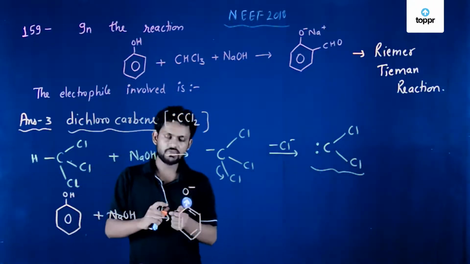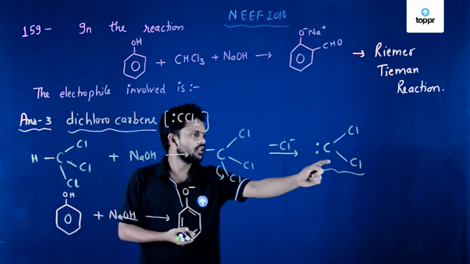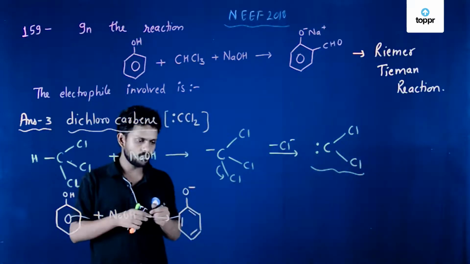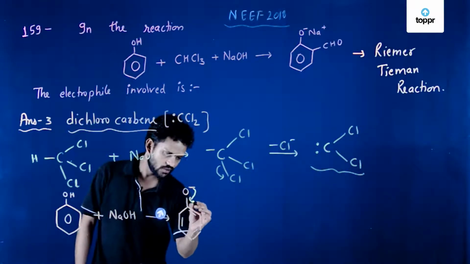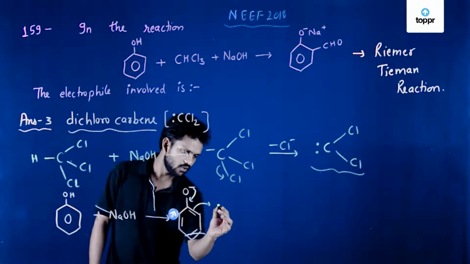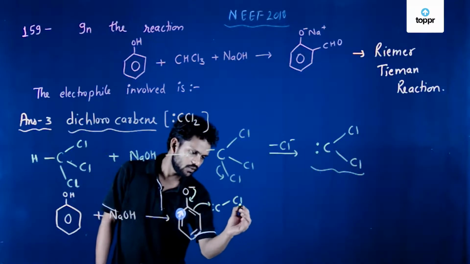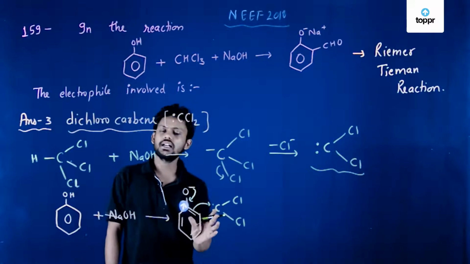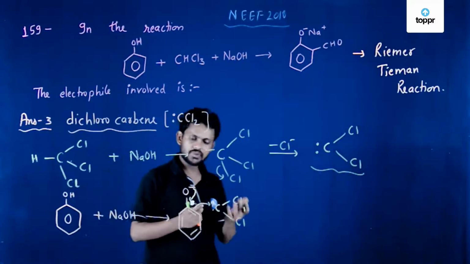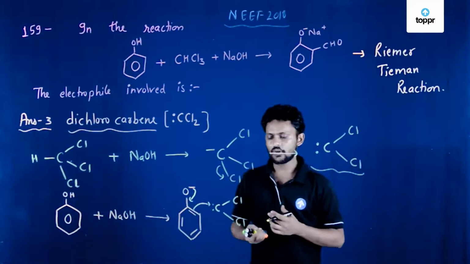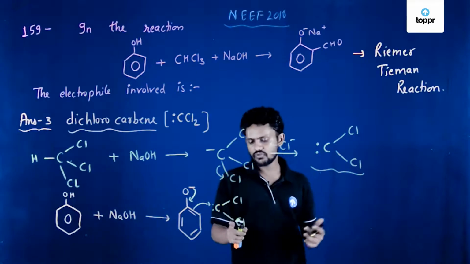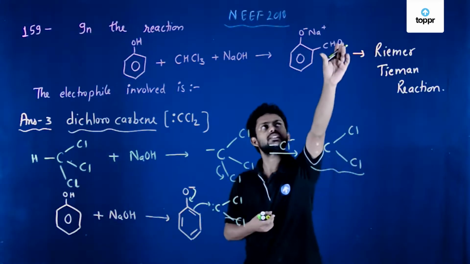Okay, and now what will happen, so now this intermediate will come, dichlorocarbene will come. Okay, so this bond will go here and this is going to attack on our intermediate dichlorocarbene. So hence it acts as an electrophile in this reaction. It accepts electrons from phenoxide ion. Okay, and then what happens, through a series of chloride elimination reactions, you finally reach this product, which